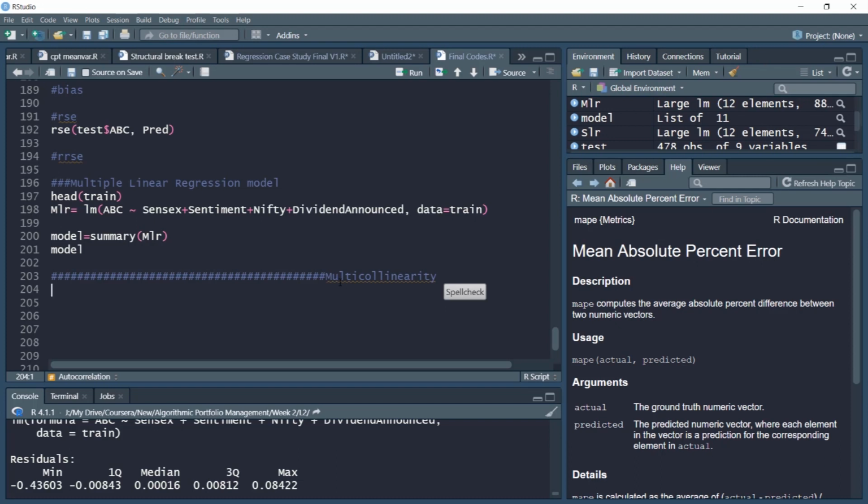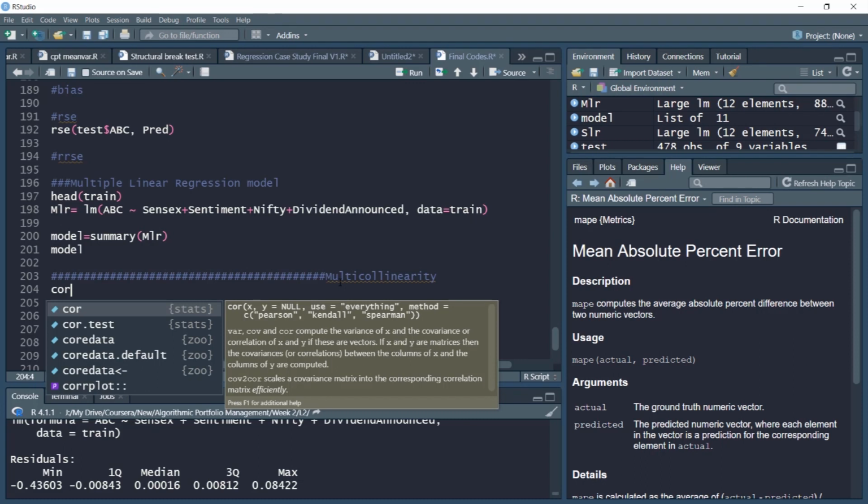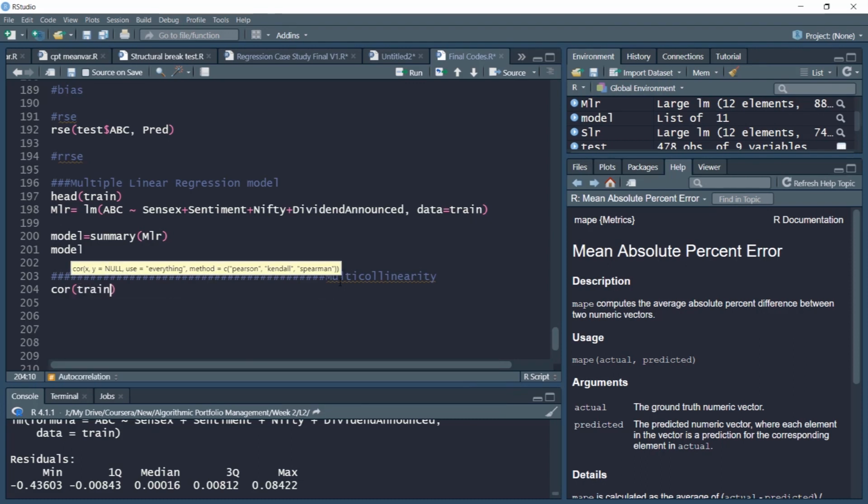So as a preliminary examination, we'll compute the correlation in the train data set for the independent variables. Our independent variables include ABC, returns, Sensex, and we'll see which of these variables are heavily correlated.